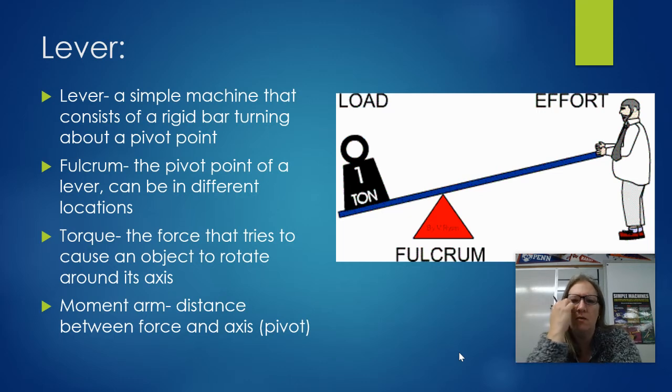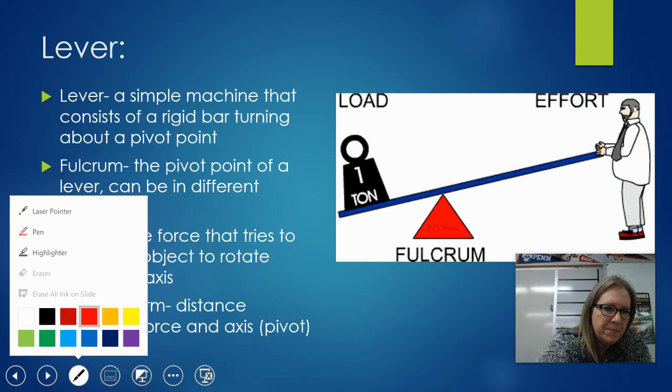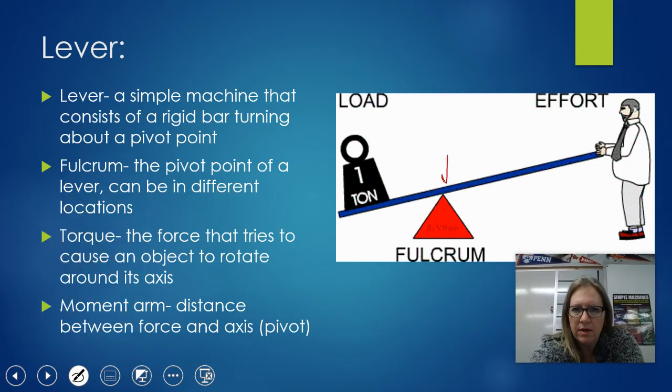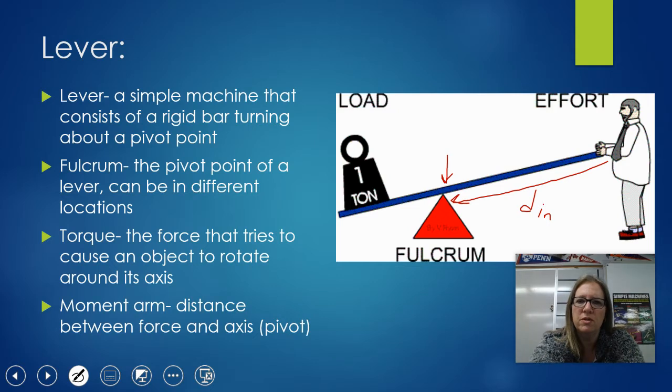So let's look at this seesaw right here. Here is the pivot point. Let me get my pen. Here's the pivot point right there, okay? So the moment arm, the distance between this dude and the pivot would be that. This would be considered D input, distance of the input, okay, because he's putting the force in. And then this would be a much smaller one. This would be out, D out. That's an O, believe it or not, okay? And then the